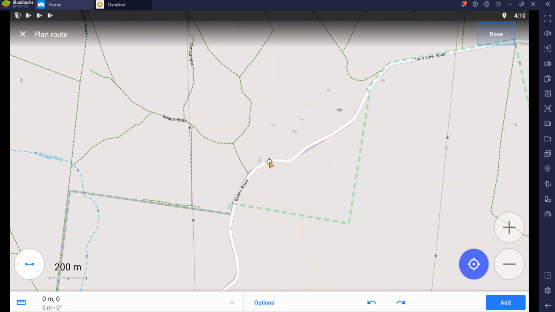I'll just change the style to driving again, and this is going to be the second stop, third stop, and let's say you want to try something else, so maybe undo and make this one your third stop, and then you want to come back to the main road. So once you are done, you can go to options and save as a new track,